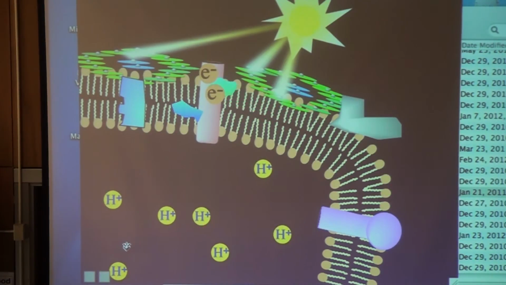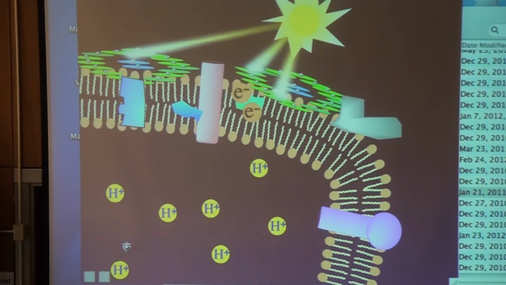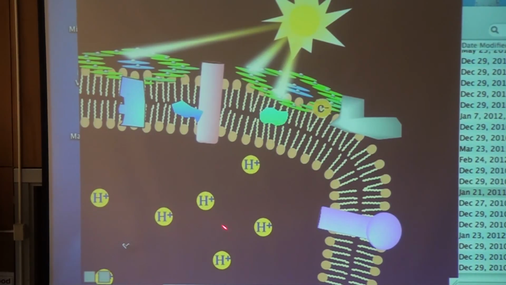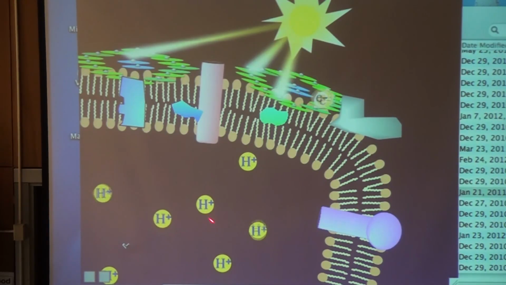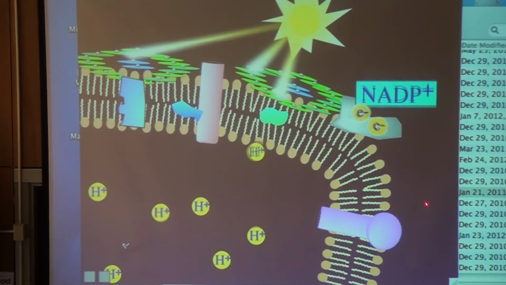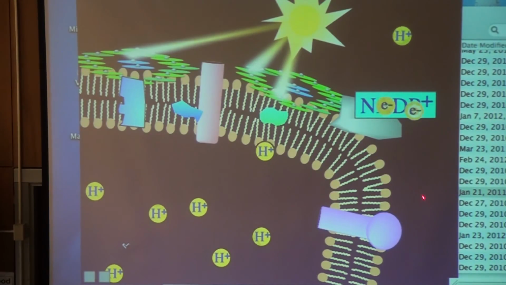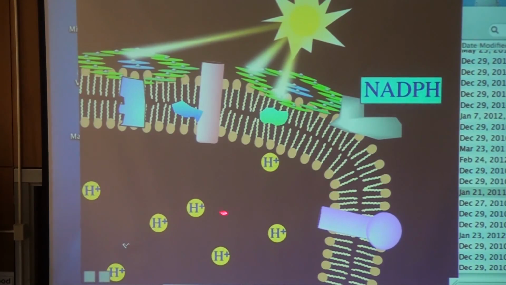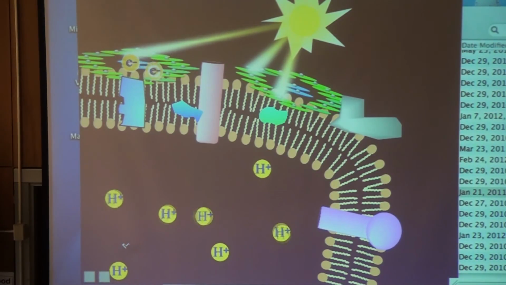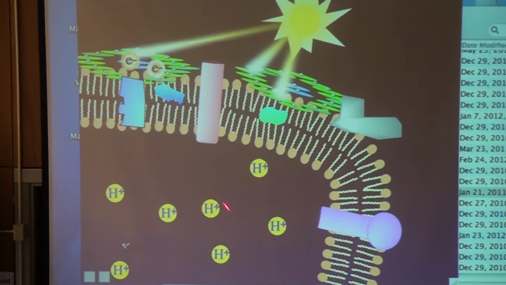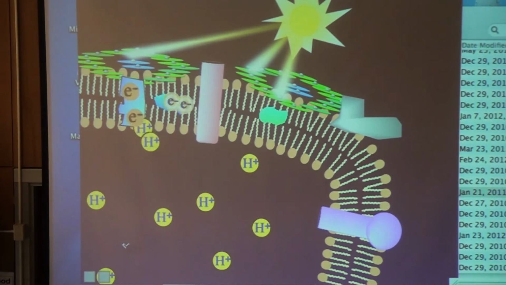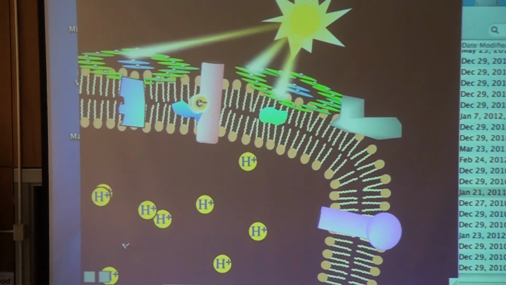All right. And just incidentally, they've done experiments where they stuck little pH meters inside the interior of the thylakoid and also here into the stroma. And when you shine light on the chloroplast, you definitely see a much lower pH here than here in the stroma. I forget what the exact numbers were, but it was something like pH 5 or 4 inside here and about pH 9 outside there, but only when light is shining on it, because if you think about it, light is what drives